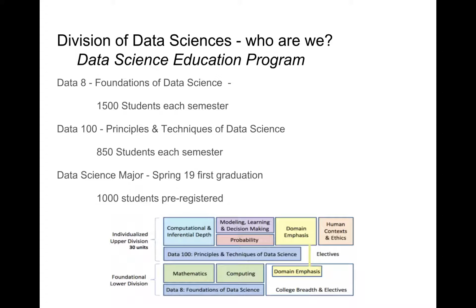This is a little map of the major on the bottom. Here are these big classes, Data 8 and Data 100, and then there are some classes out in other majors. This is what I want to call a domain emphasis class. So you can take classes in geophysics and have them apply to your domain emphasis in data science, or you could take an applied upper division class in some methods, some sociology methods, or something that's an applied upper division thing that might have some quantitative component, and that would be something from outside of data science that would apply for the major.